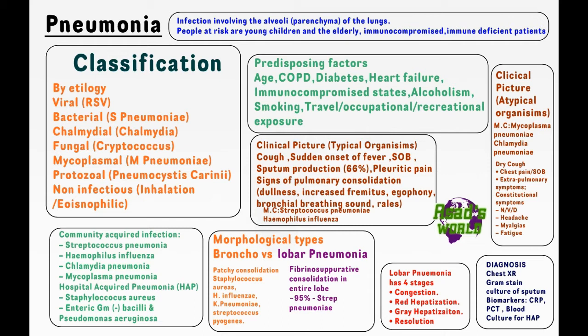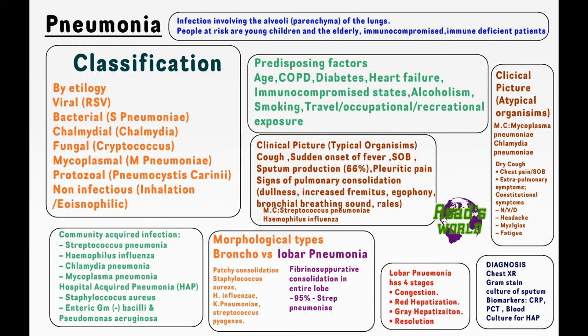Now, what is the clinical picture of this pneumonia? So the clinical picture is your coughing. These are typical symptoms. There are atypical symptoms as well, and they are based on different organisms. So typical organisms that cause it are Strep pneumoniae, Haemophilus influenzae, and various others. These are the most common that cause the common clinical picture, that is cough, sudden onset of fever, sputum production, pleuritic pain, signs of pulmonary consolidation, dullness, egophony, which is like E to A changing of sound, bronchial breathing sound, rales,